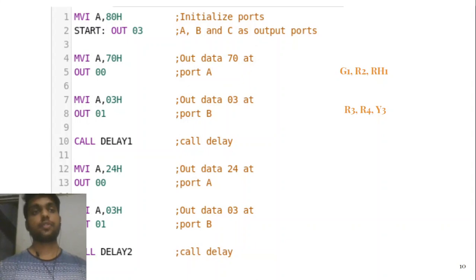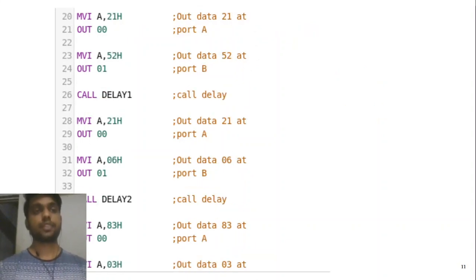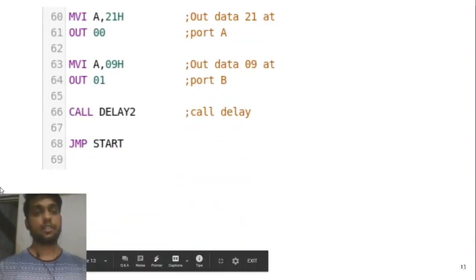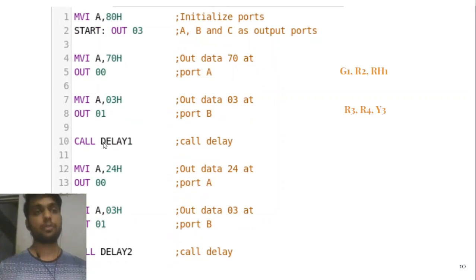The same process goes on, allowing the other roads to open one by one, followed by all the steps, and when the control reaches the end, it jumps to start. The start label was the first in the code. So this loop is repeated infinitely and the lights are turned on and off accordingly, allowing a particular sequence of lights to glow at a particular time, and the traffic can be controlled very efficiently.